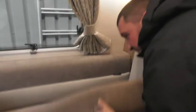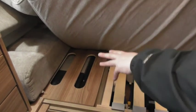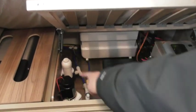So first thing I'll do, I'll show you underneath here. In the very top corner, there's your Aldi heating system. That controls your central heating as well as your 10-litre hot water boiler. Nothing to switch on and off, just literally showing you where the unit is. Moving on down, then I've just got your lovely onboard water pipe suppression unit,